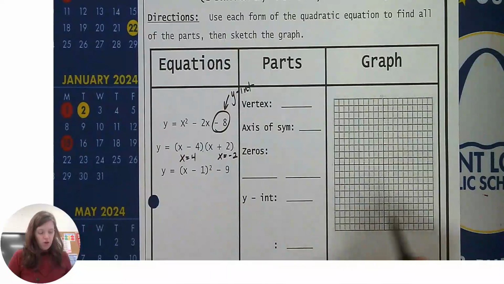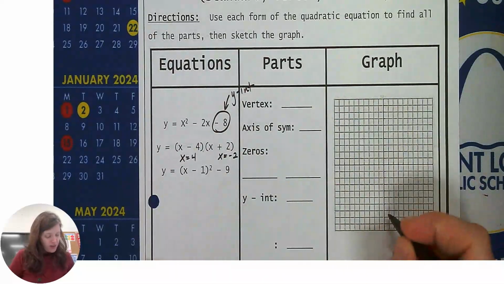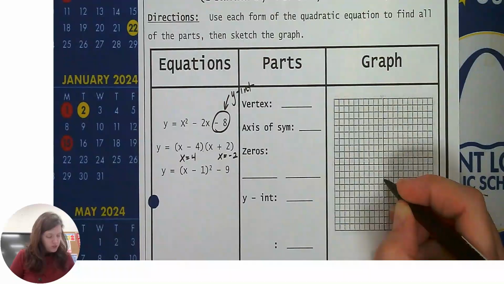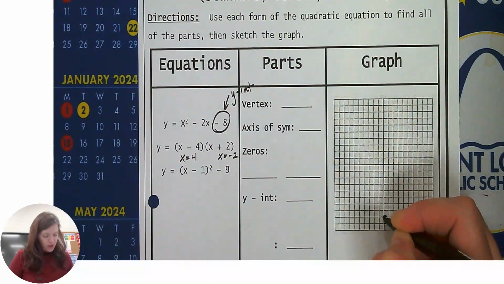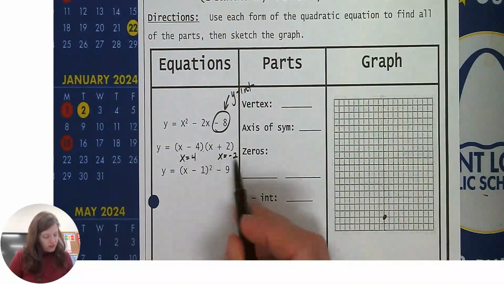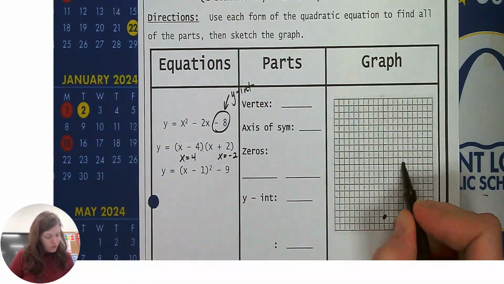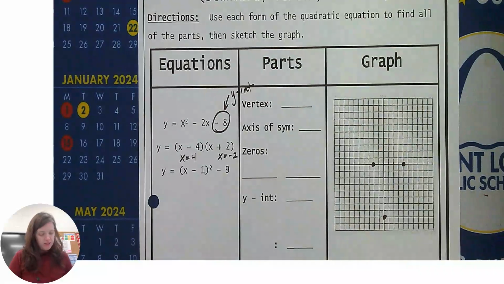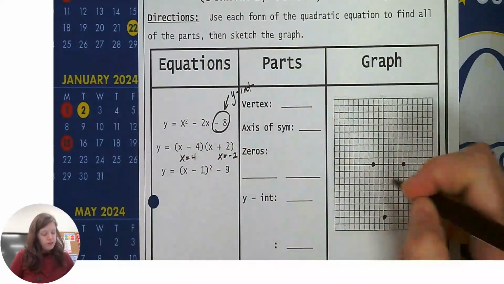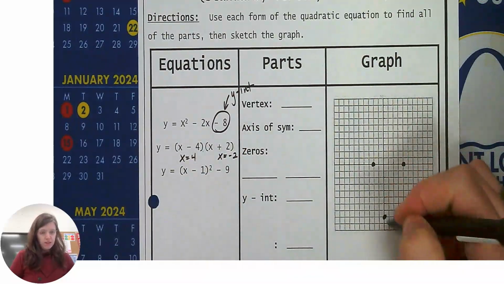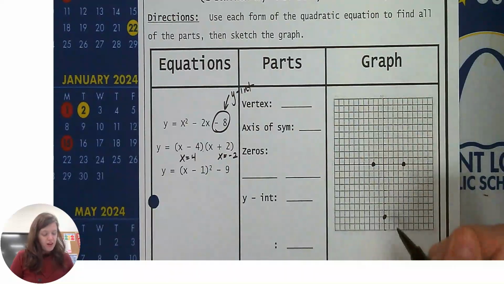All right, so knowing that, I know I have a y-intercept at negative 8. 1, 2, 3, 4, 5, 6, 7, 8, okay? And then I know I have points at 4 and negative 2 on my x-axis. And then I know it's a positive graph because this is a positive 1 in front of it. So I know it's going to look something like this, but I just have to find my